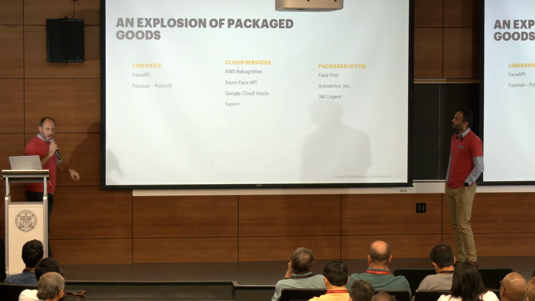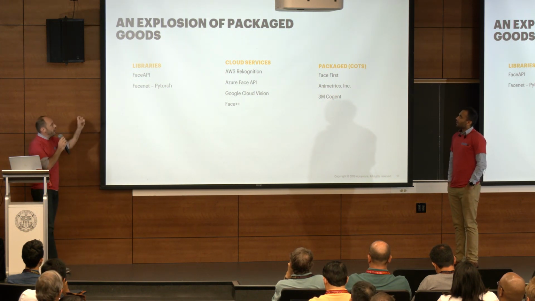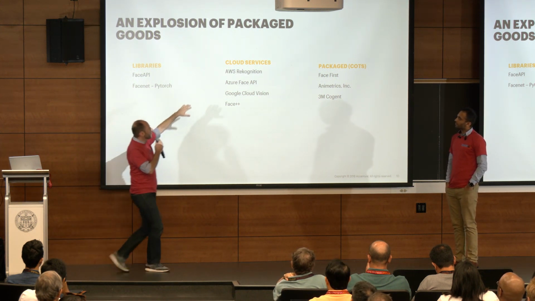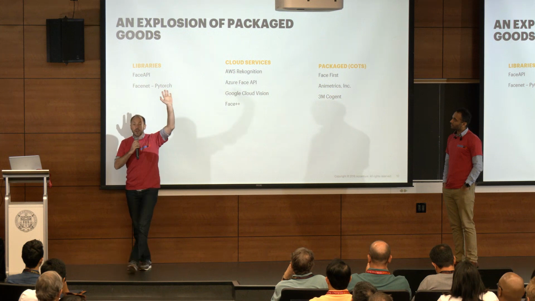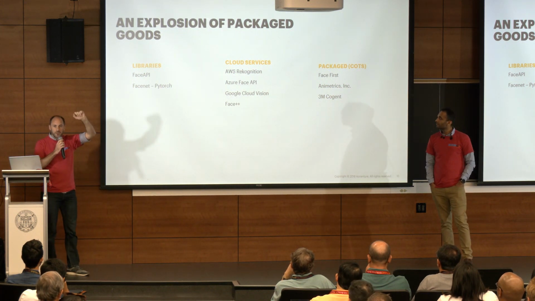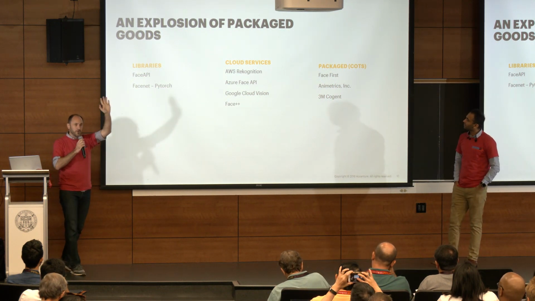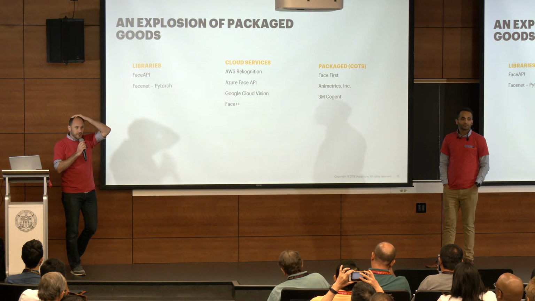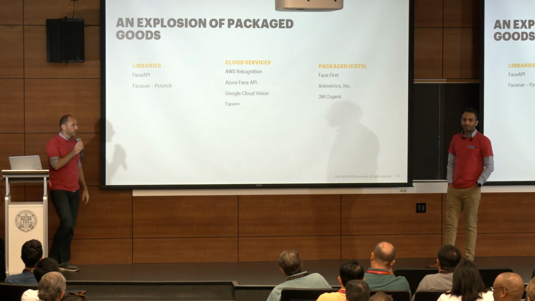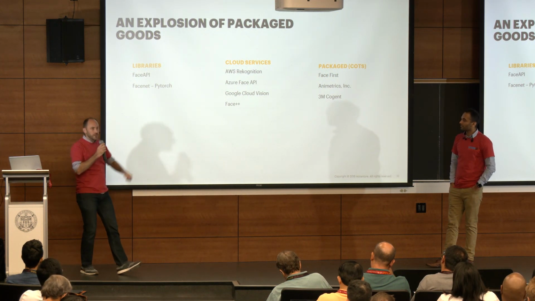So I think some of you might have seen some of these things, but that means we've had this explosion of packaged goods, things that you just go out and get. How many people have heard of some of these cloud services, like AWS Rekognition, Cloud Vision from Google, Azure's Face API, Face++? Has anybody heard of Face++? No? It's Alibaba's cloud, so they pull an API for doing things over there. So there are cloud services, you just go and get it.